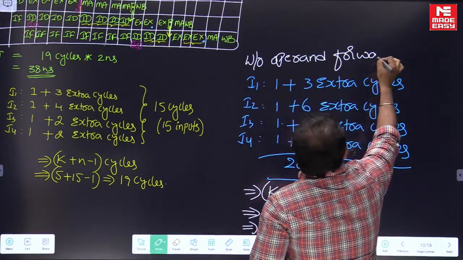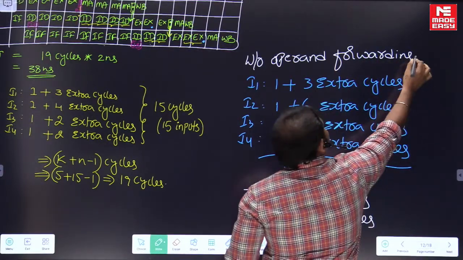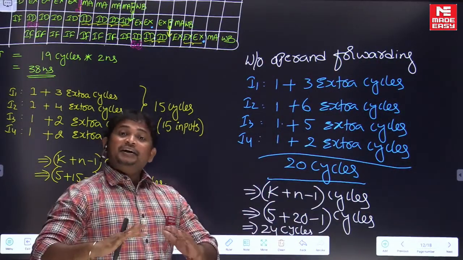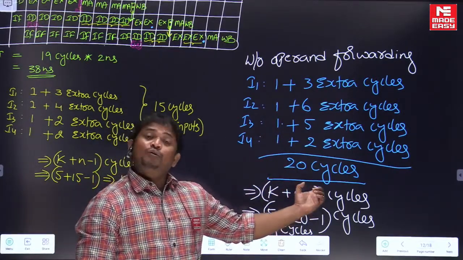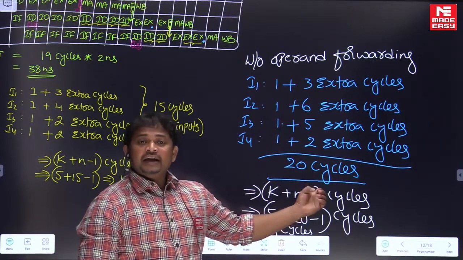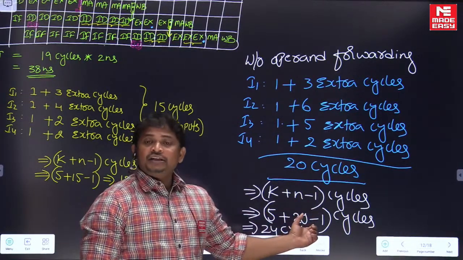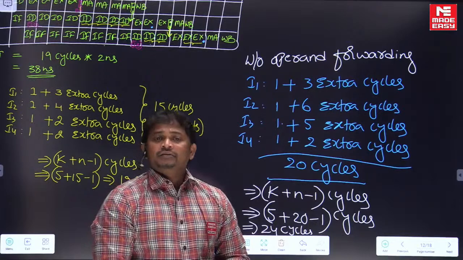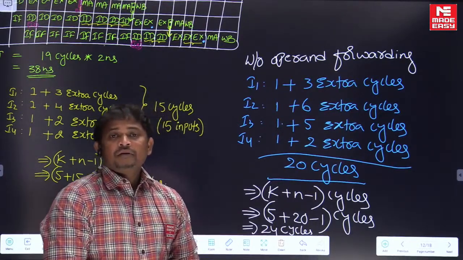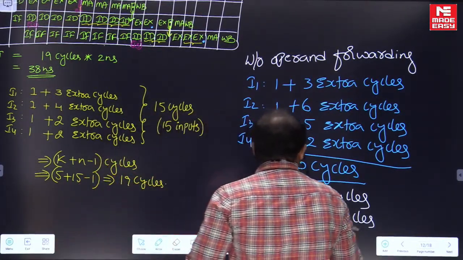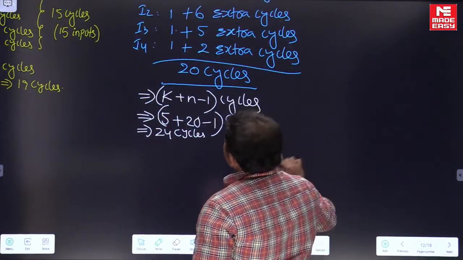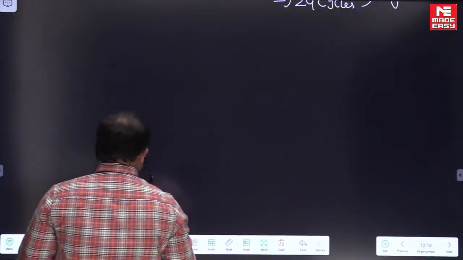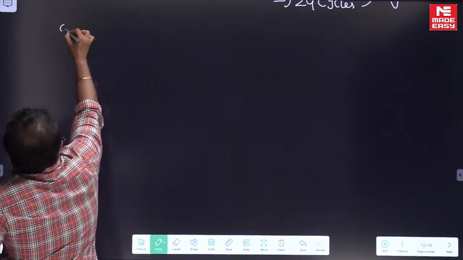Without operand forwarding, the analysis is this. Okay, without a diagram, I can calculate the number of cycles required without operand forwarding. Okay, 24 cycles. If you want to see the proof, then calculate manually. Let me draw that also, because for proof, if you want to see the proof,